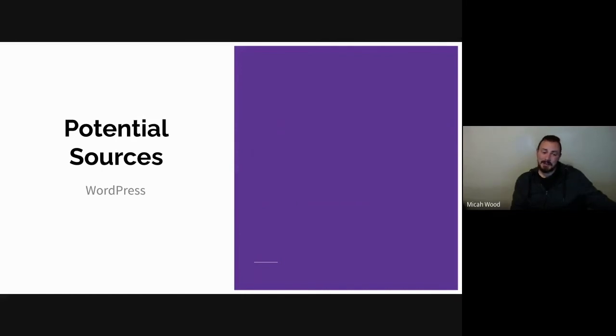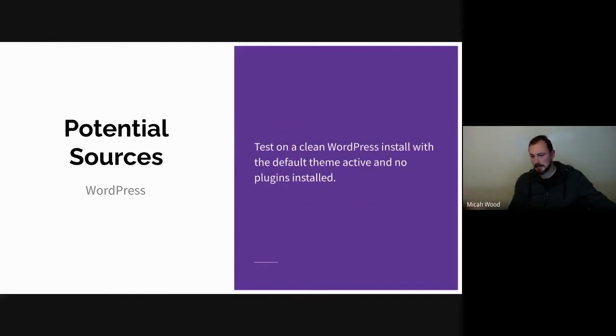And then lastly, the least common cause of issues is WordPress. That is not to say that WordPress doesn't have any issues, but most likely because it's thoroughly tested by millions of people, most of the big issues get fixed. There could be some small issues here and there that crop up. If you're suspecting that it's WordPress, the best thing to do is to get a clean WordPress install with nothing else there, and test to see if the problem persists.